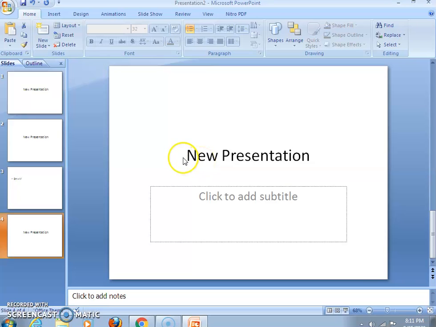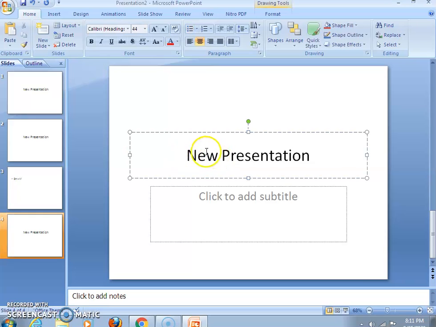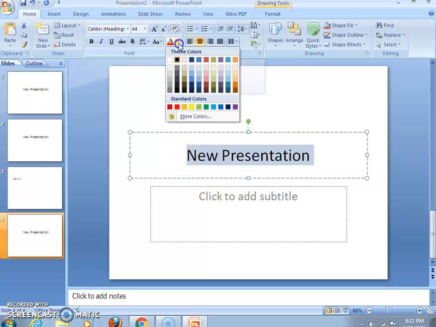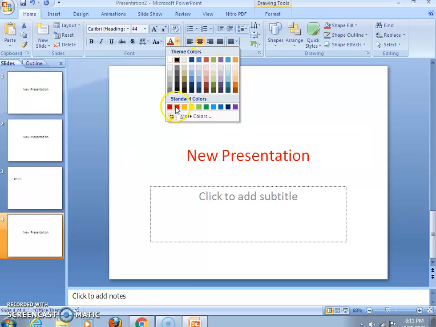Okay, now I'll show you how to format the text of the slide. As usual, you select the text and then go to the Home tab, and the Font group gives you options to format the text. Select the text, then go to the font color option. See here, a number of colors are available.